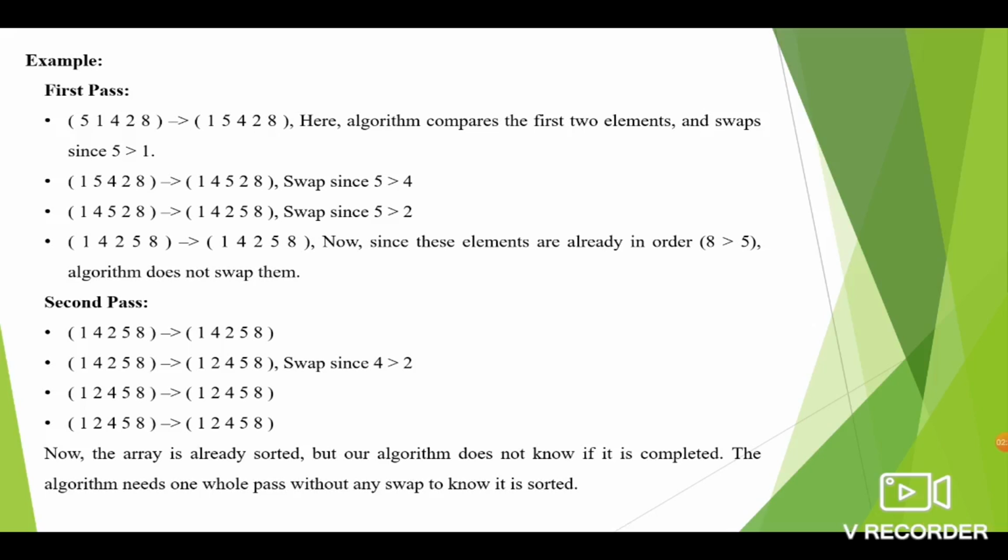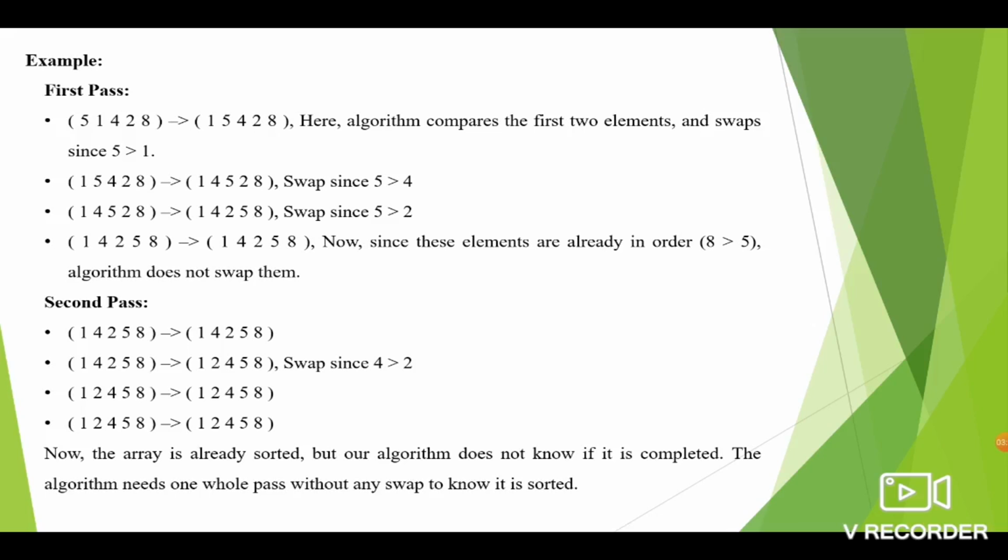In the second step, I am comparing the next pair of adjacent elements, 5 and 4. Again, these elements are not in order, so we need a swap. In the third step, we are comparing the third and fourth element, that is 5 and 2.